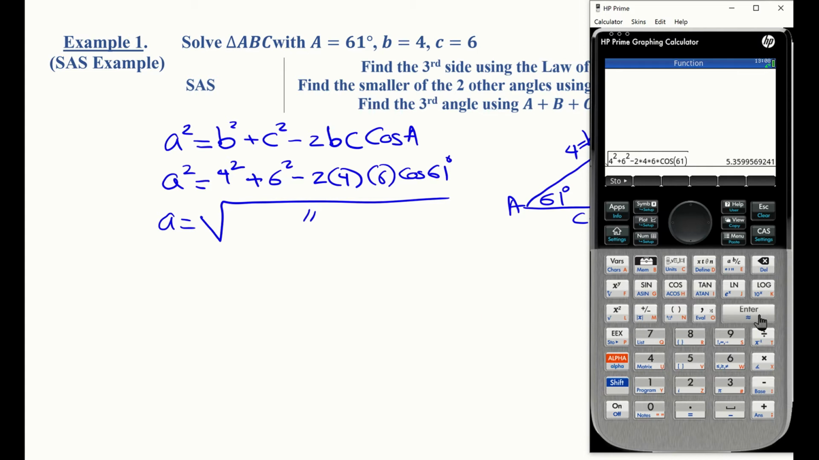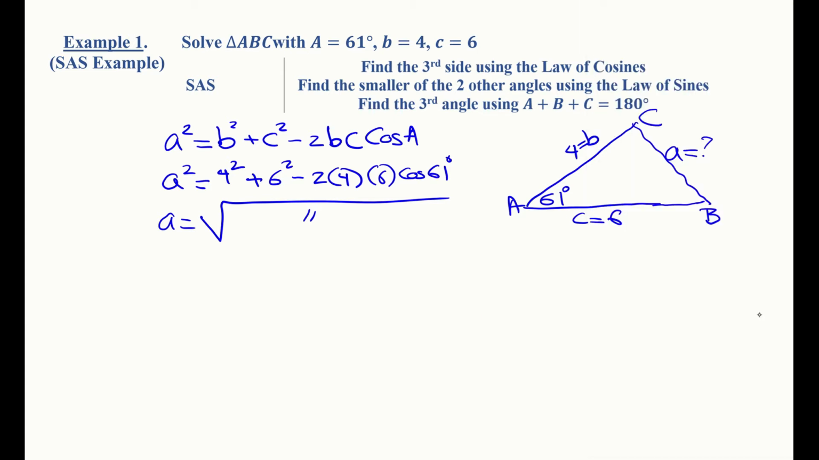5.36 if we go to 2 decimal places on this. So approximately 5.36 for A. And now we'll go ahead and find the smaller of the 2 angles that are left and use the law of sines. Of course, now we know there's no longer a question mark. We know this is approximately 5.36. So we can see that 4 is the smallest side, so we'll go ahead and start working with B and